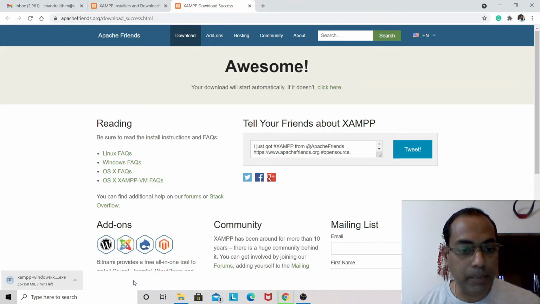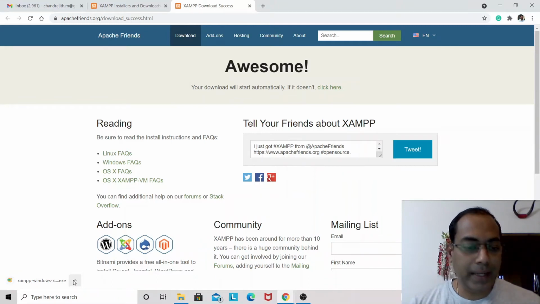Click on the keep button. It takes less than 2 minutes to download. Using XAMPP, you're going to work with PHP applications. In order to develop PHP web applications, you have to download and configure XAMPP on your local machine.